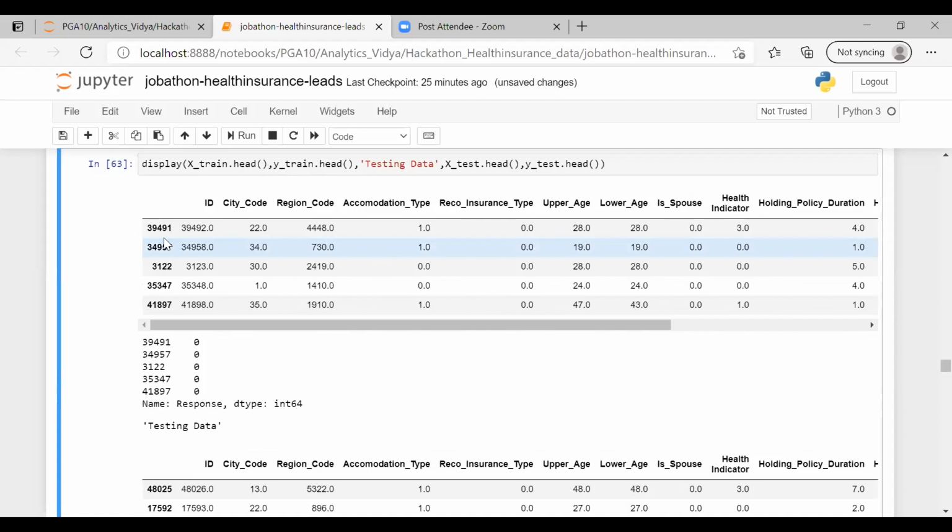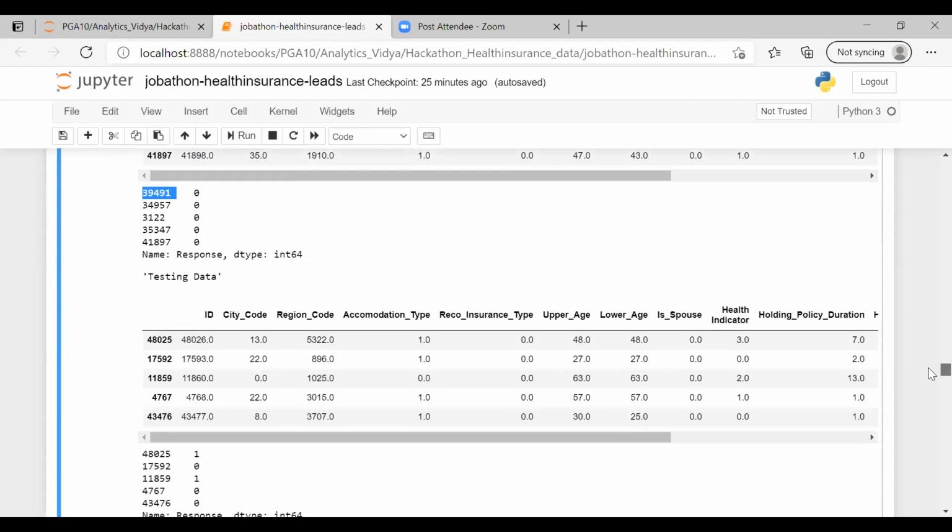This is my target. If you check the indexing, you can match 39,491 for this. This is your target. This is for testing data. This is X_train, X_test, y_test.